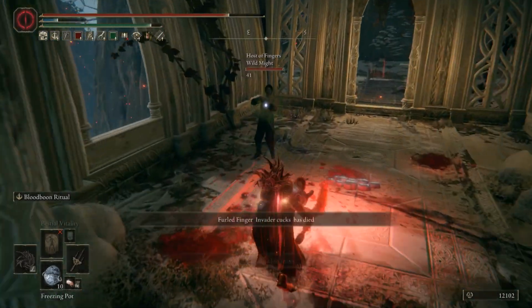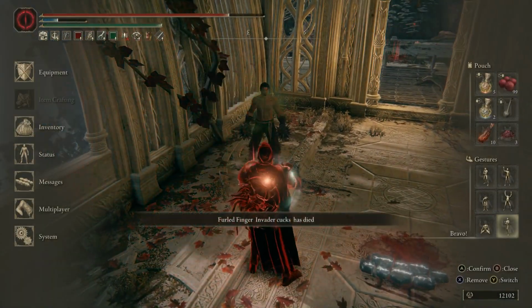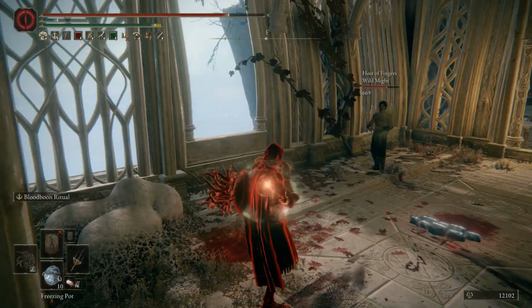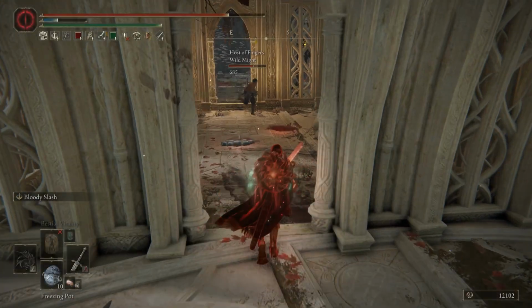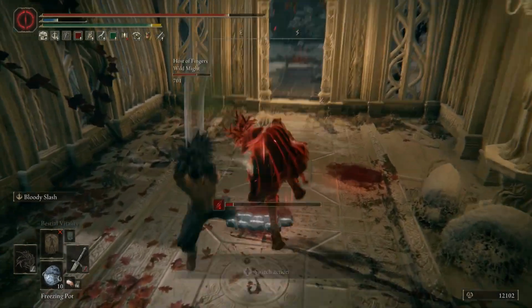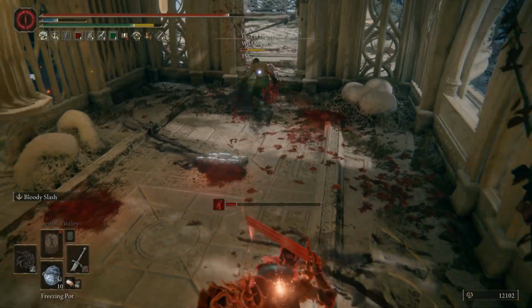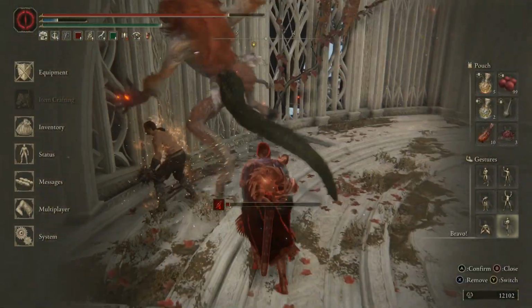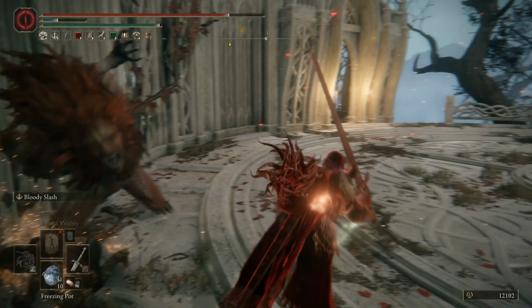The Mogwin Spear is absolutely busted in invasions. So shout out Wild Might for just being chill like that. I wasn't expecting him to be chill like that. So we went for the honorable 1v1. But if you're naked, you're just gonna bleed super quickly, because I'm pretty sure I just bled him in one